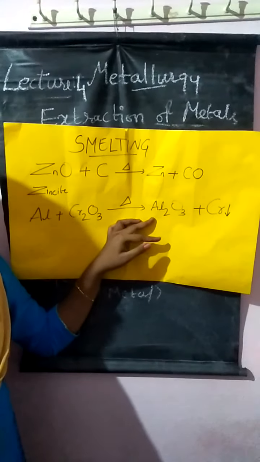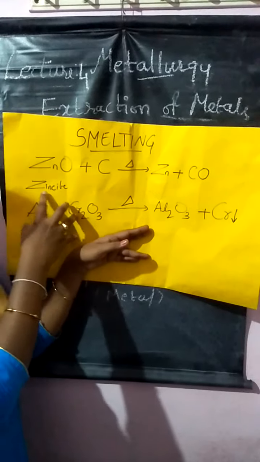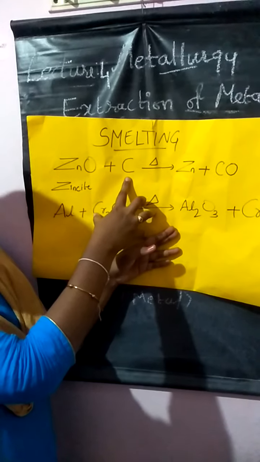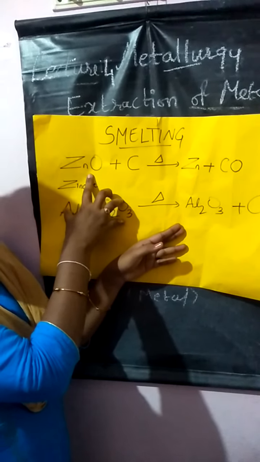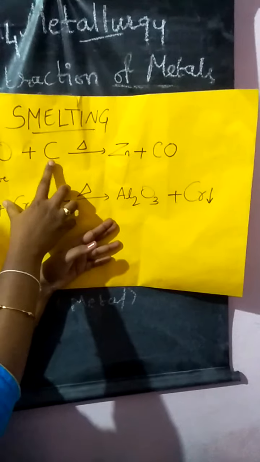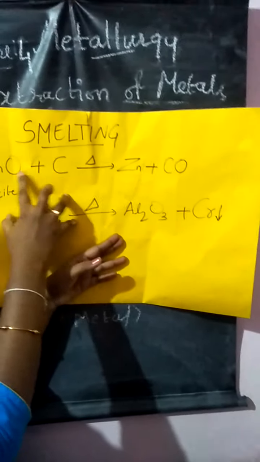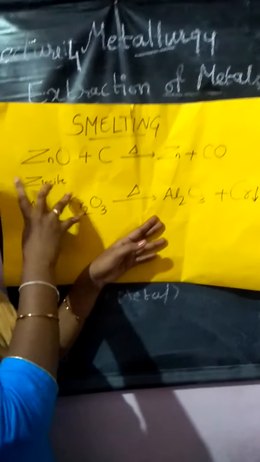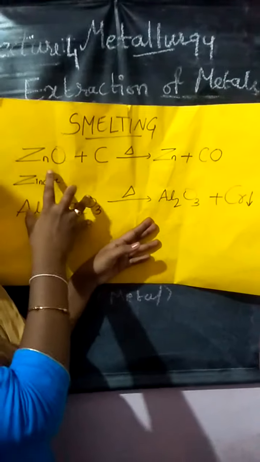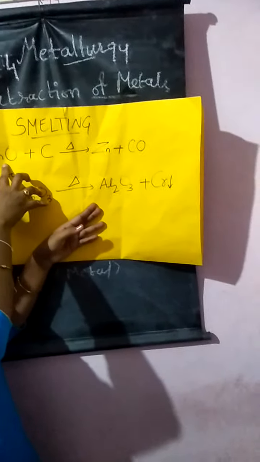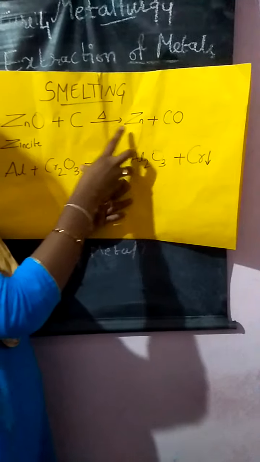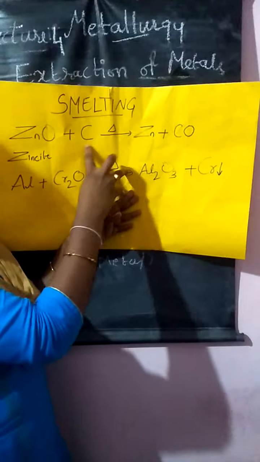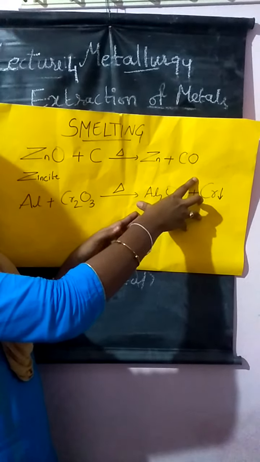We'll take the examples of smelting here. As I have said, smelting is done by heating in the presence of a particular reducing agent. Generally, oxide ores in the presence of a reducing agent, the metal is getting reduced and the reducing agent is getting oxidized. We will take two examples here. The generalized equation I have already shown you. Here in zincite, ZnO, in the presence of the reducing agent carbon, it is forming zinc. So the metal is separated as a crude metal and carbon, the reducing agent, is now going as carbon monoxide.